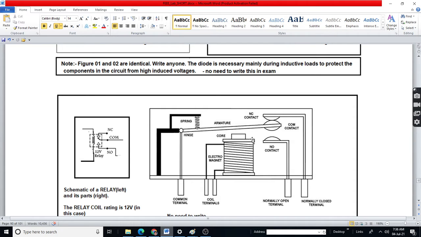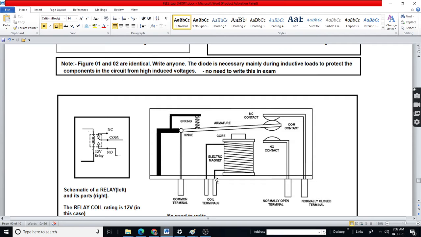The common contact has an armature attached to it, which is not shown in the schematic, which is attracted by the coil when a current is passed through the coil.